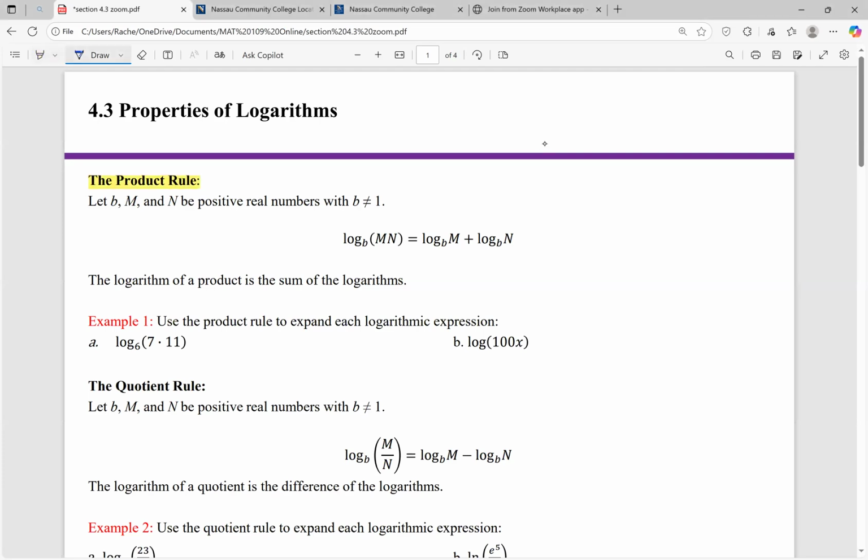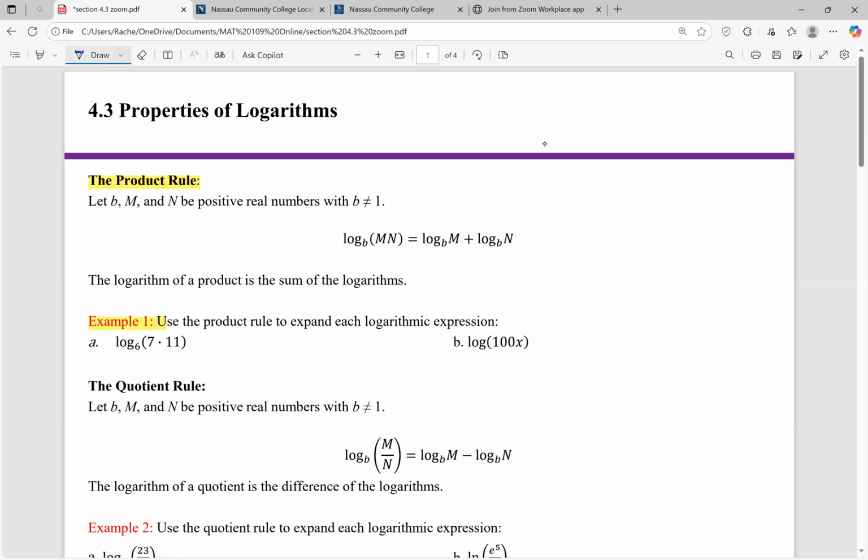The product rule for logarithms says that if I have log base b of a product, let's call it m times n, then that's equivalent to log base b of m plus log base b of n. So the logarithm of a product is the sum of the logarithms. So for example,